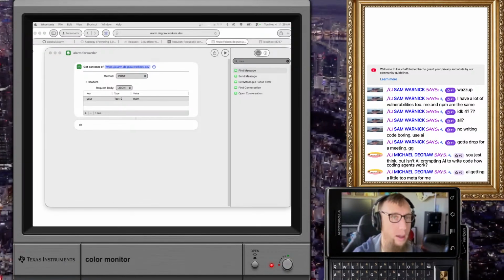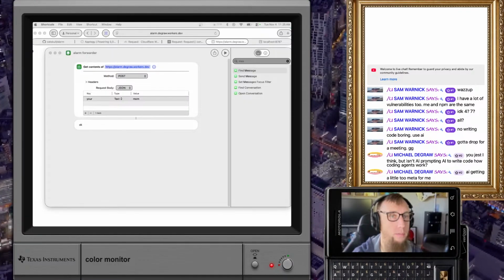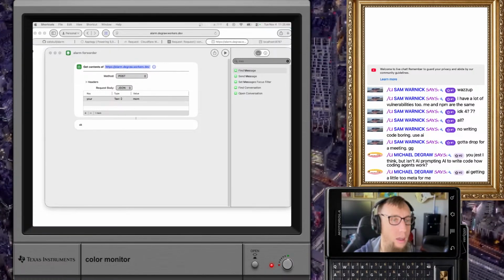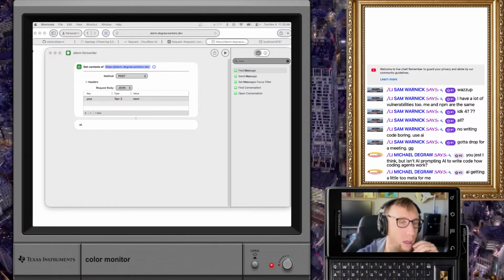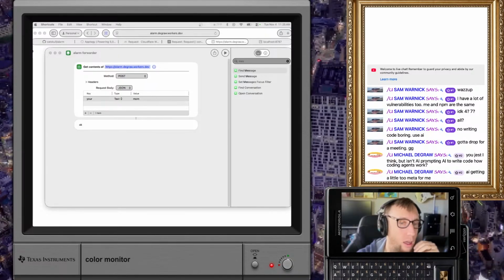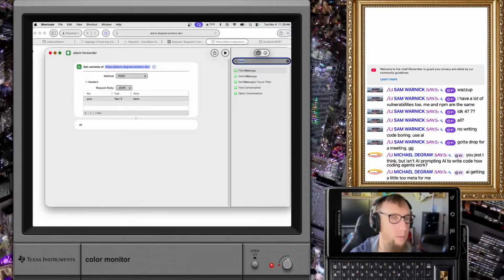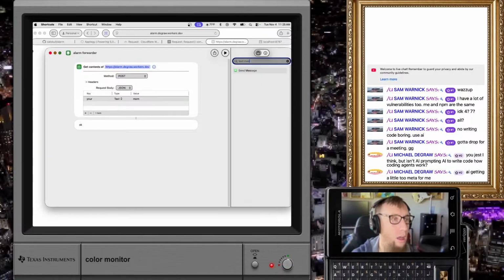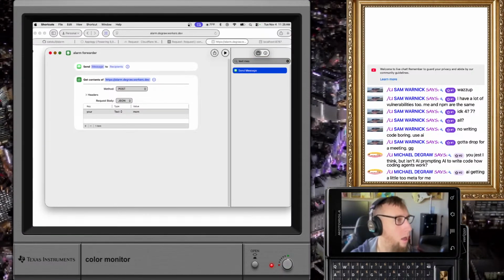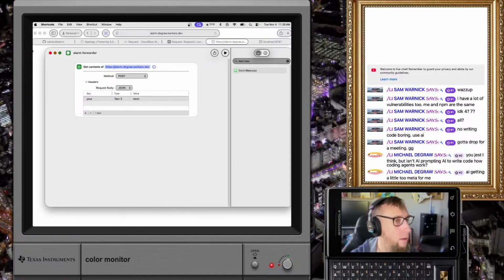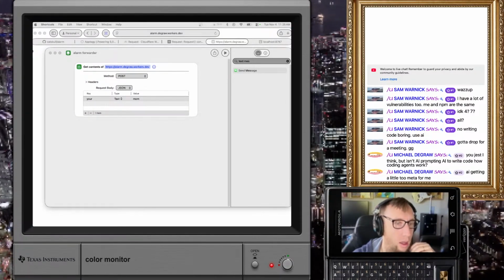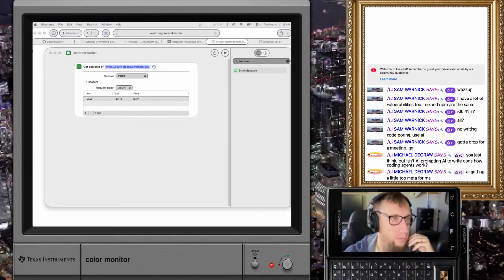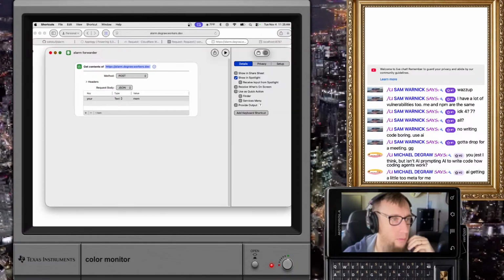How do I do Apple shortcuts when, can you even do that? You can't do this? Oh.